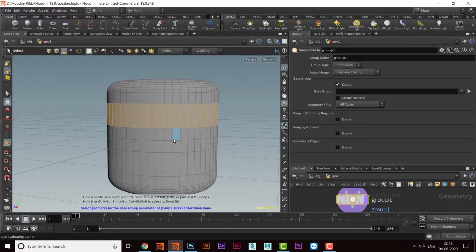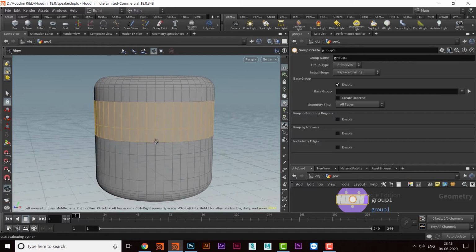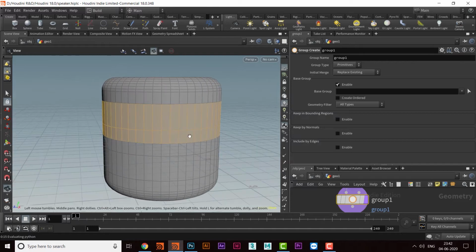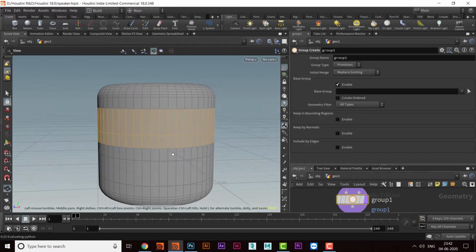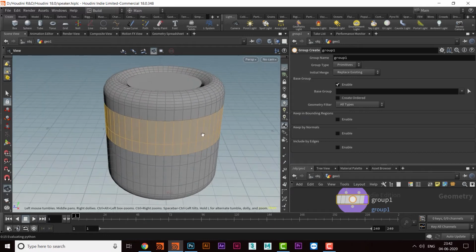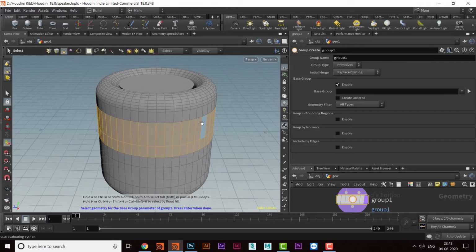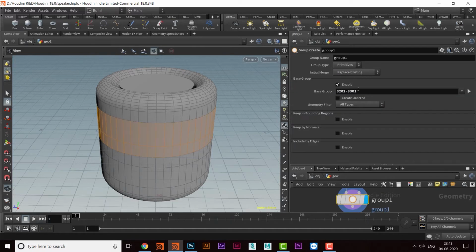Let's select one more, then A and middle mouse button, so we have selected these two loops here, and now I want to work on this one only. I would like to keep that in a group. So I come here and press enter, and all the primitives from 3202 to 3301 have been put into this group.